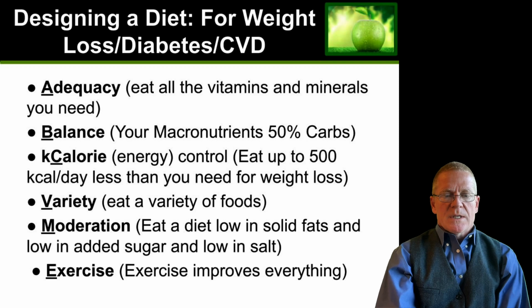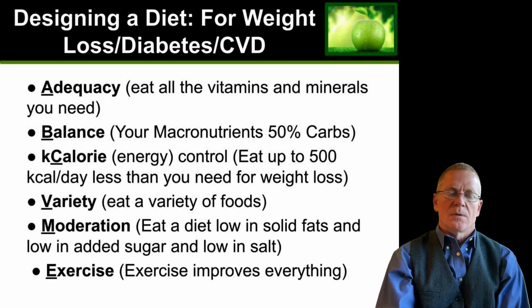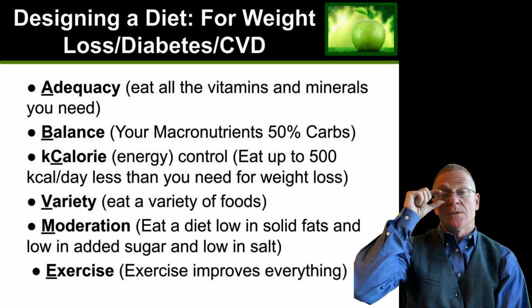Kilocalorie control is really important if you are overweight, suffering from obesity, or diabetes secondary to obesity, or cardiovascular disease secondary to obesity. If you're suffering from obesity, that means a body mass index greater than 25, then you need to reduce your caloric intake every day. Keep your diet balanced, keep your diet adequate, but reduce calorie intake by around 500 kilocalories per day to allow weight loss of about a pound per week. You don't want to lose weight faster than that because that tends to result in rebound eating. Unless you're in a very controlled situation. Sometimes there are doctors' diets that